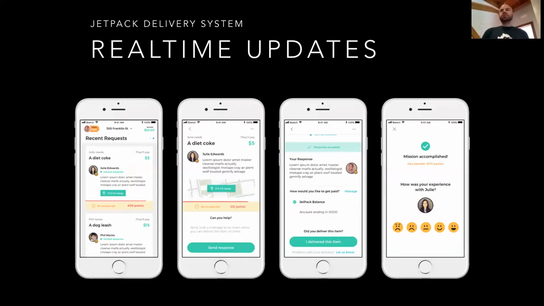This is similar to other applications like Lyft or Uber, where there's also some kind of on-demand active process happening. In those apps, you want to see where your driver is at all times, for example, if you're the passenger, and the driver also wants to see where the passenger is. So the idea of real-time updates is the same here. You want to see exactly what the status of your order is, whether you are the person buying it or selling it. So we said, we're going to do real-time